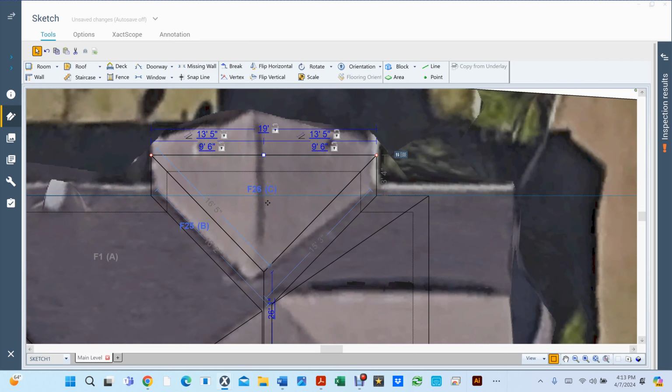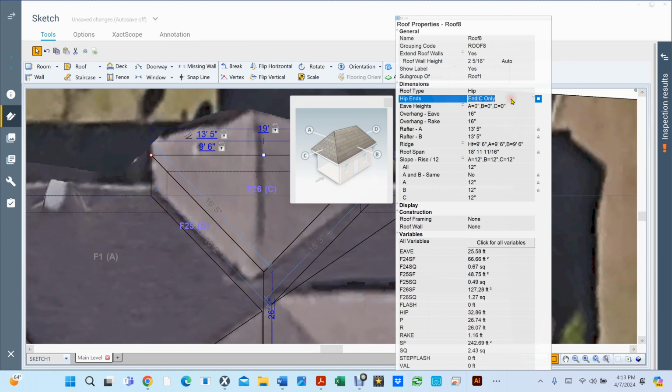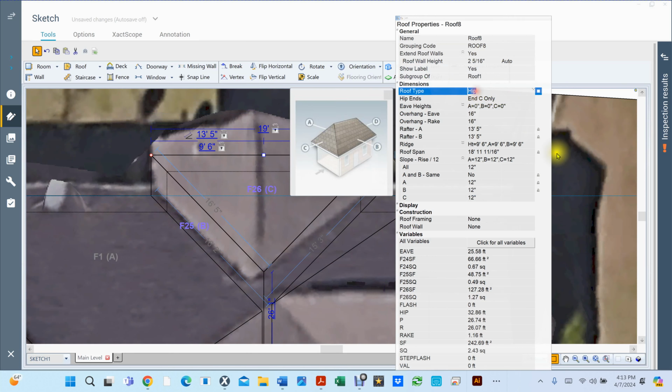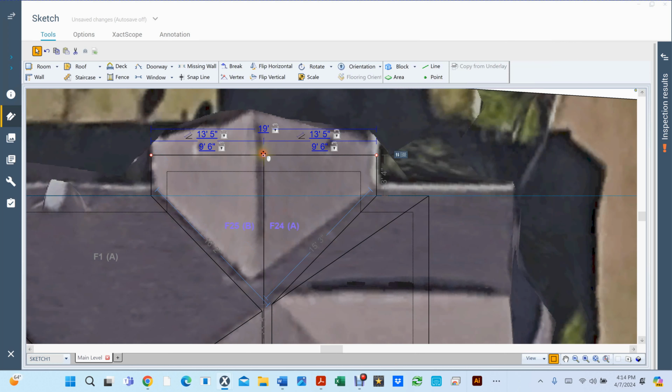Click here, hit Control Enter. We're going to change this to a gable by clicking here and just click G twice, and it turns into a gable. Hit Enter. We're going to go ahead and move this up a little bit to about right there,